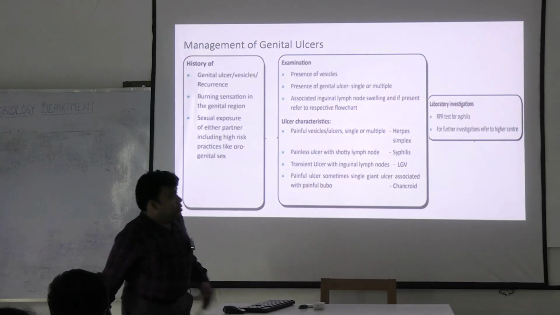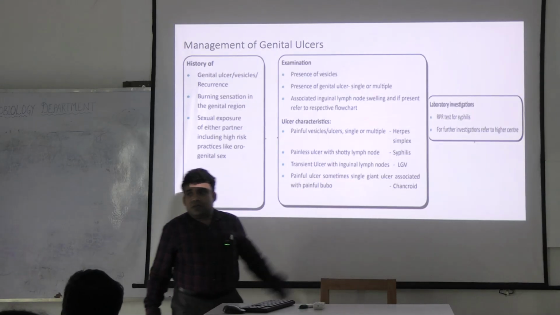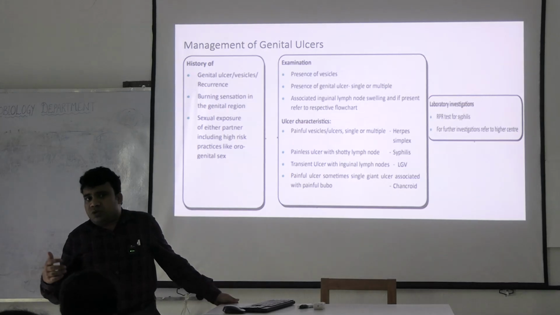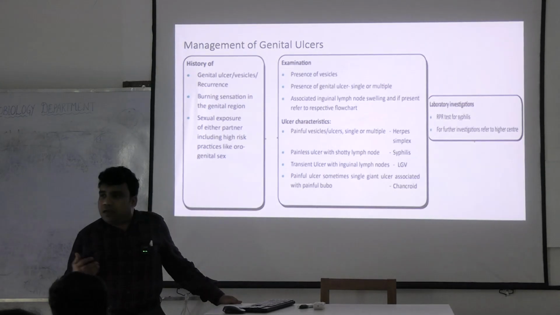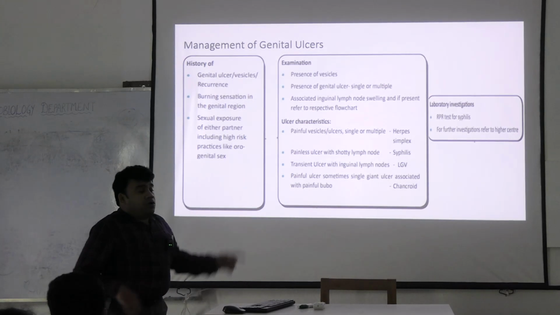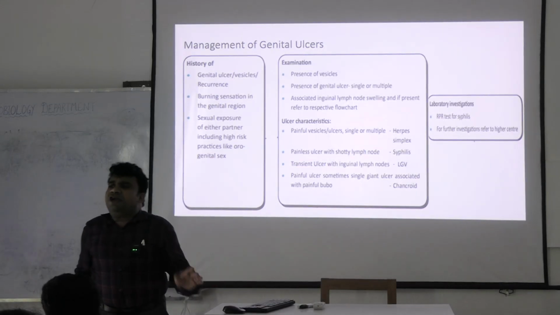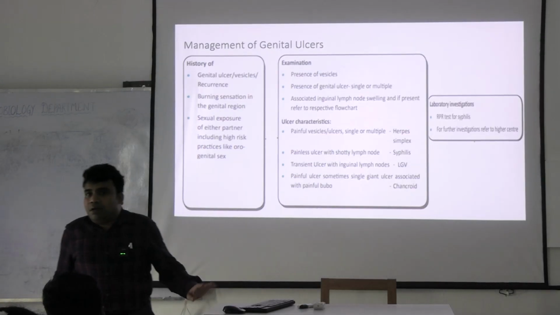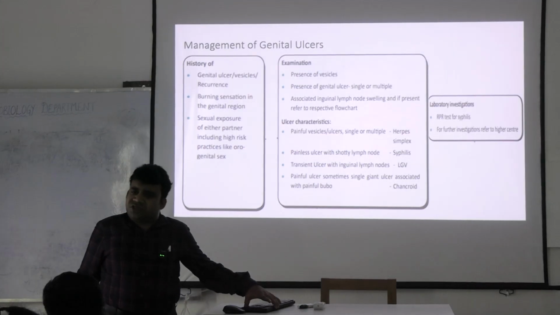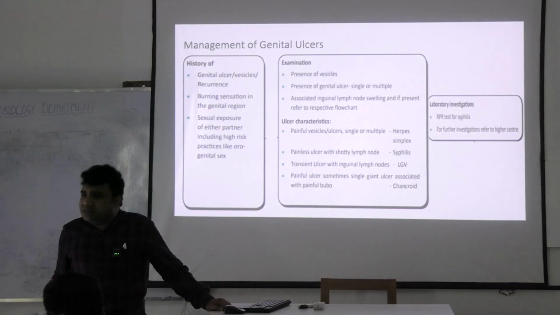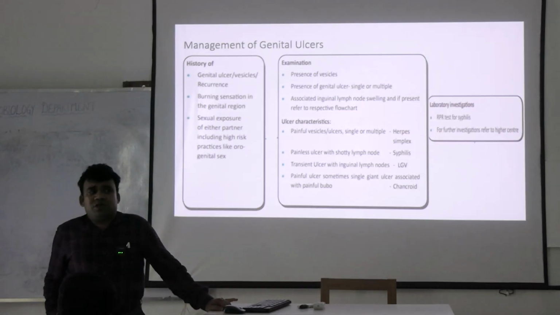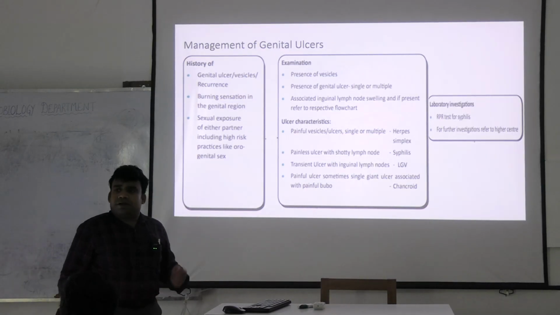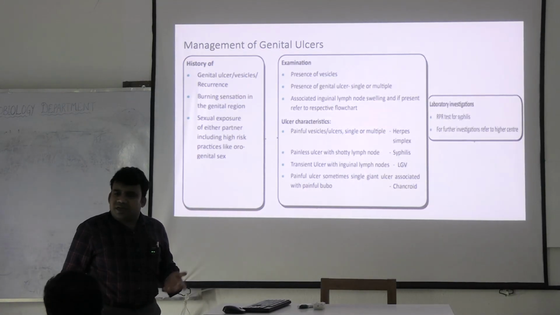We are looking at these diseases. Now for herpes we need, what is herpes? It's a virus, so we need to give an antiviral agent, right? For syphilis we need to give an anti-treponema agent. Still today the best drug for treatment of syphilis is penicillin, so we need to give penicillin. And regarding LGV and chancroid, we need to give beta lactam drugs.